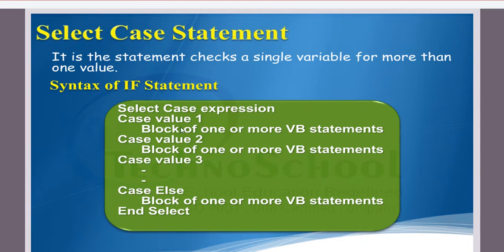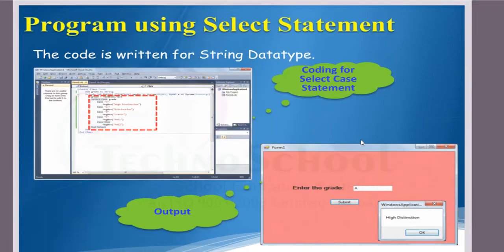We can have n number of cases here, that is case value 1, and we can give the statement here, and so on: case 1, 2, 3 like that. We can give n number of conditions here. At last we can have the case else statement also, and we can end it. So we can give so many conditions in the statements.